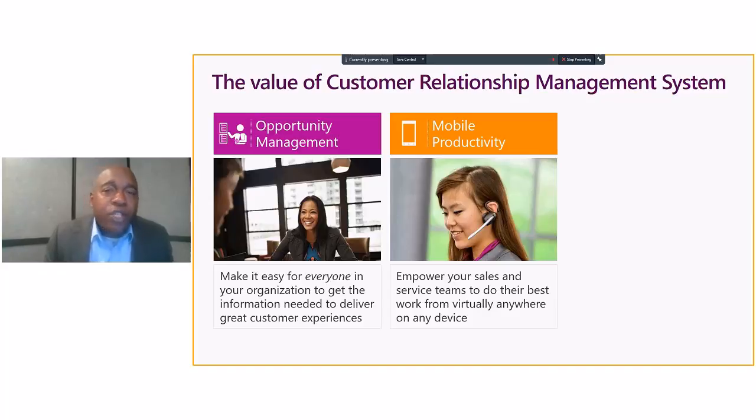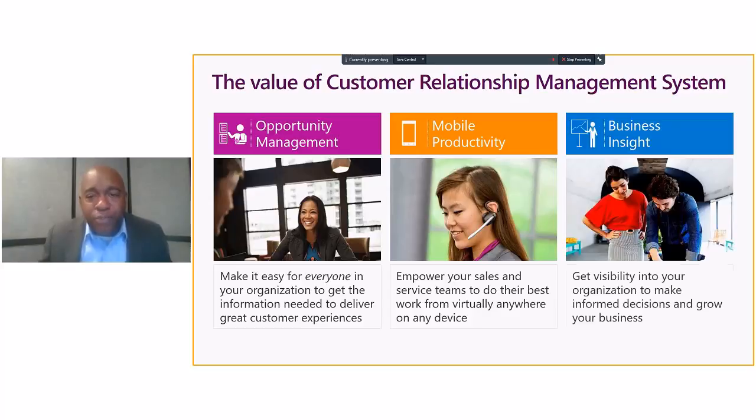So not only sharing the information, but being able to get that information on a variety of platforms, whether it might be on a tablet, a mobile device, or an airport PC. Being able to log in and get the information that you need at the time that you need it is very important. And so the last thing that we'll talk about with this is also business insight.